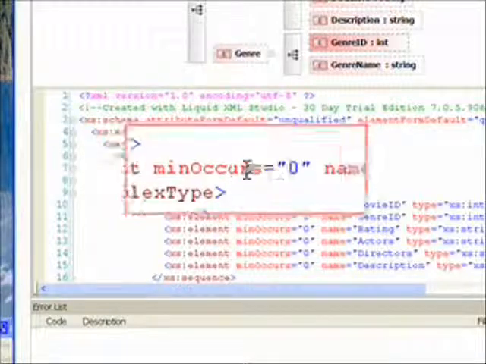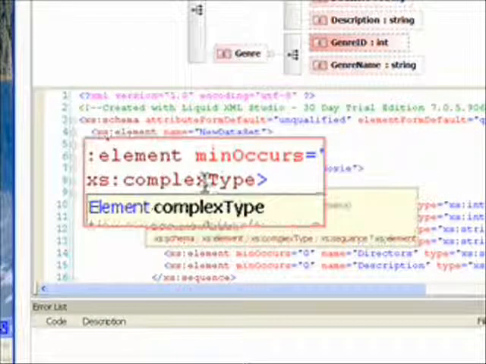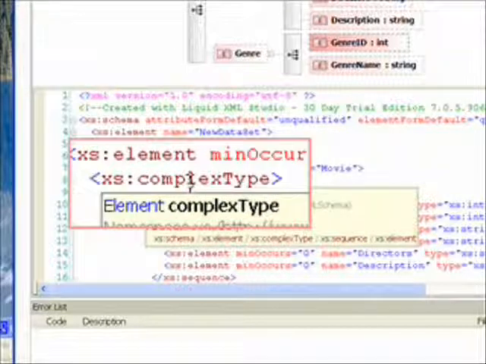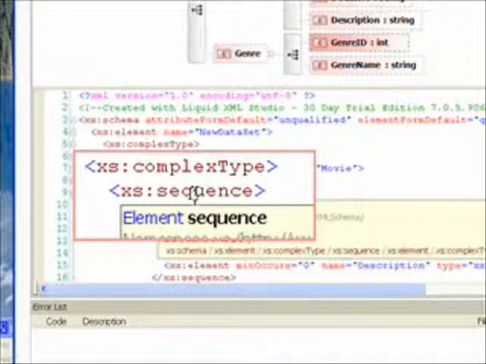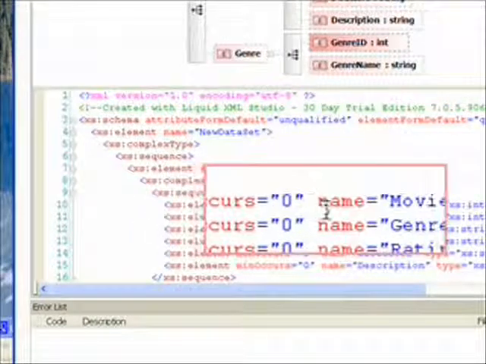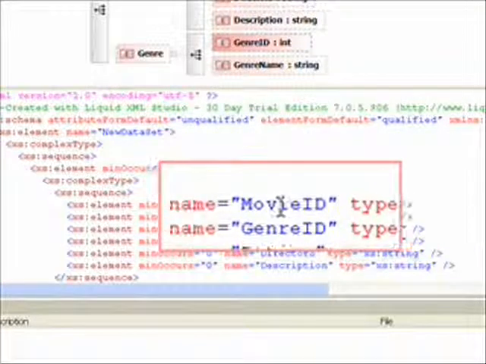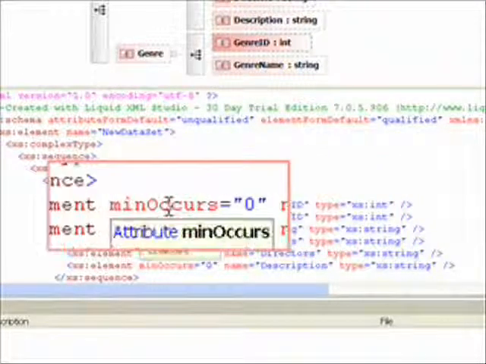And then you have the elements, the top elements of movie, and this is also a complex type because it's made up of other elements, and it's a sequence ordering. And then you have the names of the other elements, like movie ID, and a min occurs equals 0 means you could leave it out. You can change that.